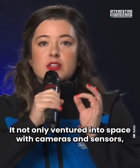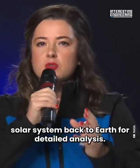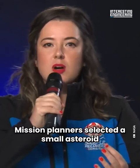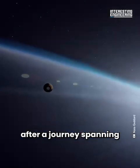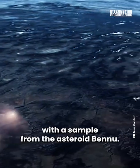It not only ventured out into space with cameras and sensors, but it's bringing a physical sample of the ancient solar system back to Earth for detailed analysis. Mission planners selected a small asteroid called Bennu as their destination. After a journey spanning billions of kilometers in 7 years, the mission has successfully returned with a sample from the